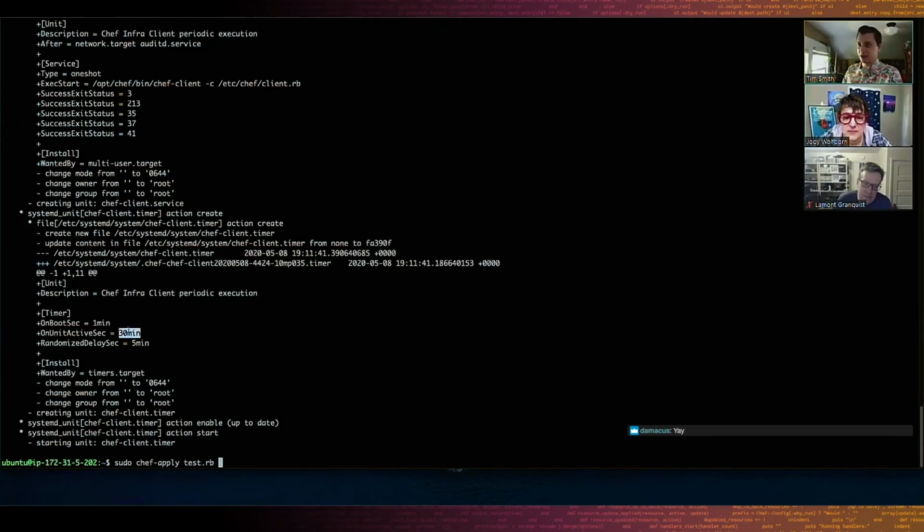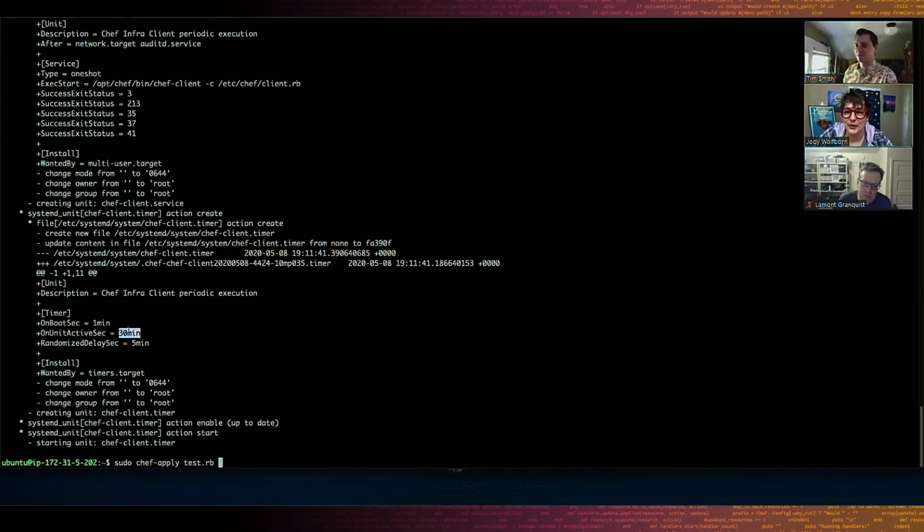It's going to run every 30 minutes out of the box. You saw I didn't provide any details there. There's obviously properties for all that stuff. We could set the on boot time, and that's the time after the system boots that it'll start running this. If I just restarted that timer again, it would wait another minute. That's just its on boot time. It'll run every 30 minutes, and it's going to do a randomization of 5 minutes. If you auto scale like 1,000 nodes, they don't all run at once, right?